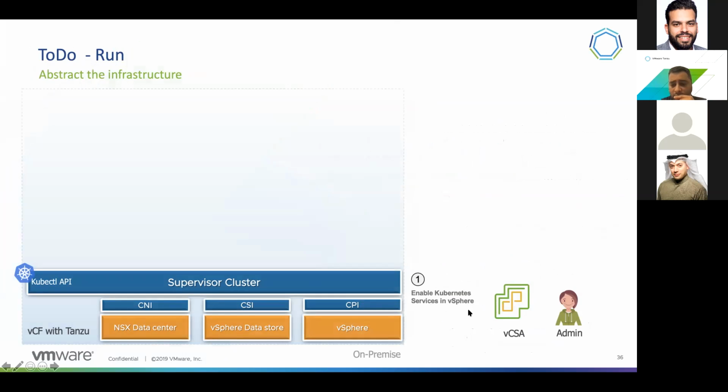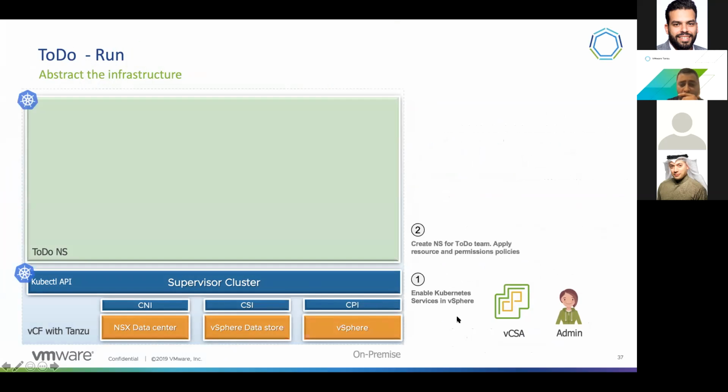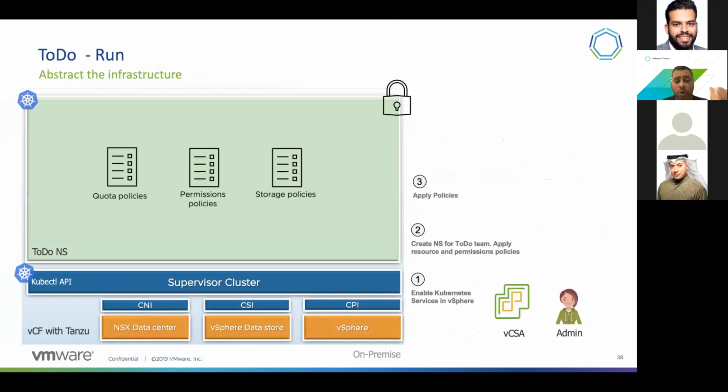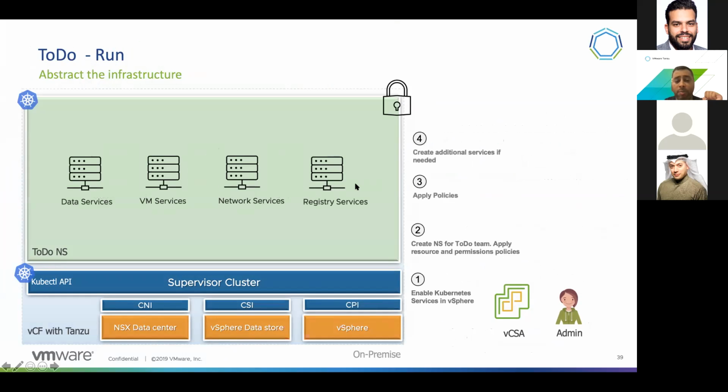First, enable the Kubernetes service. This is a VCSA admin who logs into the vSphere or vCenter and enables the Kubernetes service in vSphere. We have done this already. Then we're going to create a namespace, in your case for the VMUG team. We're going to apply a quota policy, permission policy, and storage policy. And then we will be able to consume all these services like data services, VM services, networking service, and registry